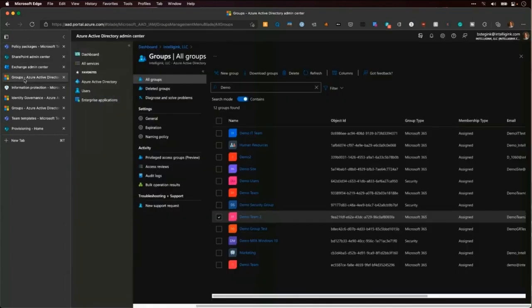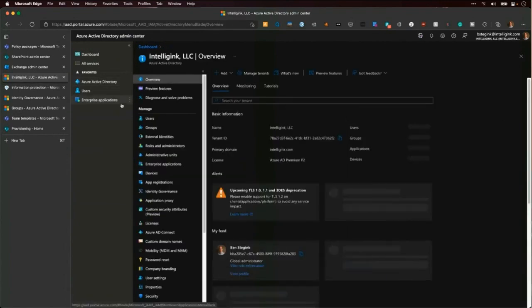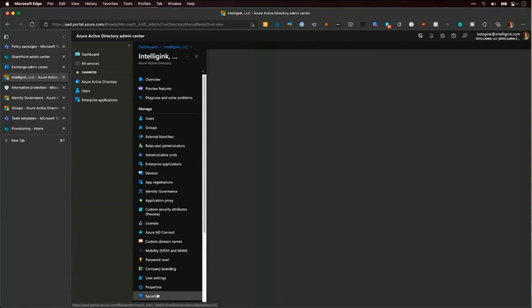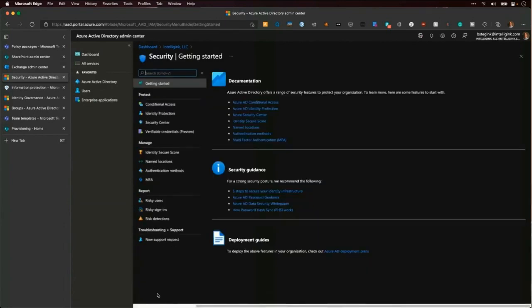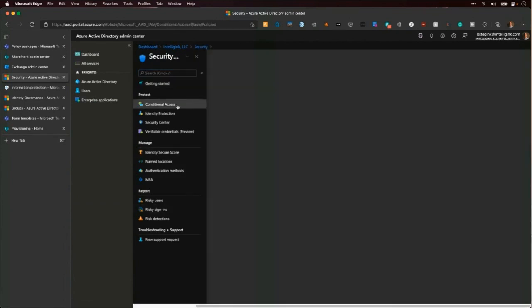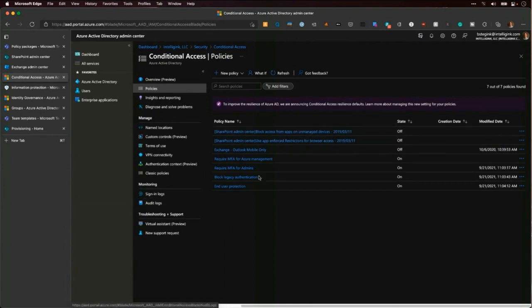Another one of those places you can assign policies is jumping down to Azure Active Directory. These are some of my favorite policies. This is one of those policy types that does require you to have an Azure Active Directory premium license. But this is one, more and more, I start saying, if you're going to do Microsoft 365, you might as well get an Azure Active Directory premium. You get a lot of security benefits, particularly from these conditional access policies in general.